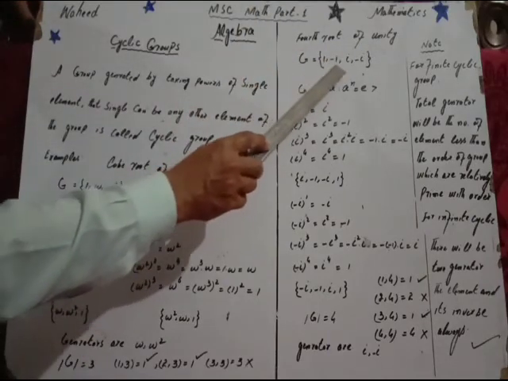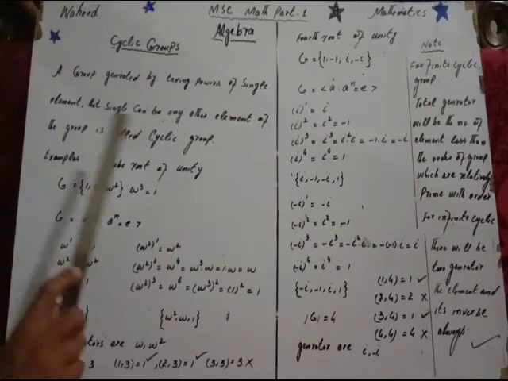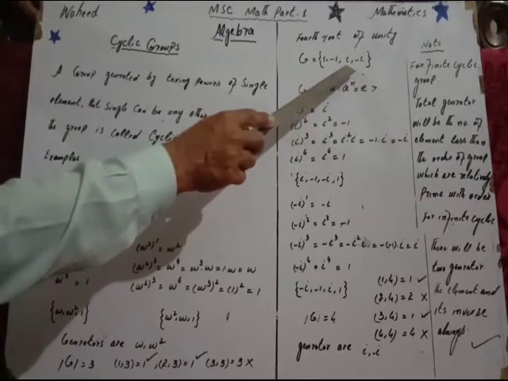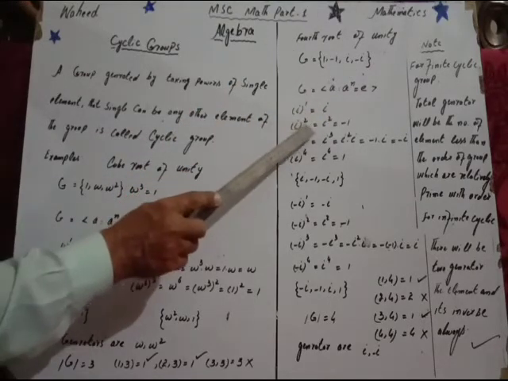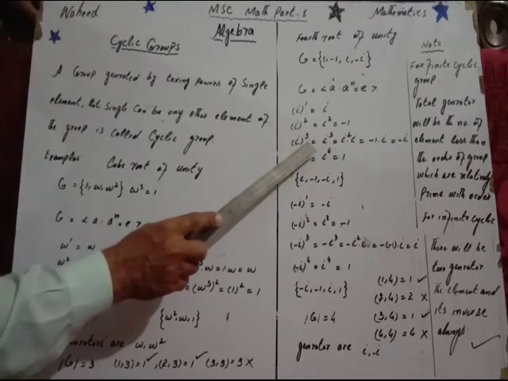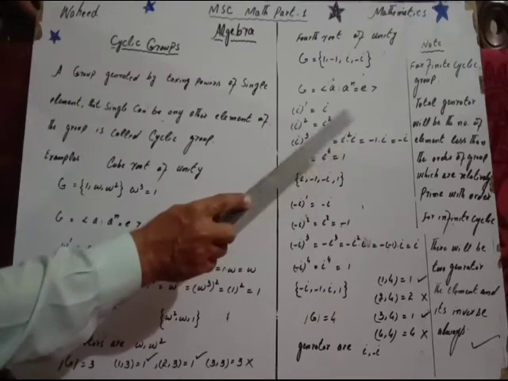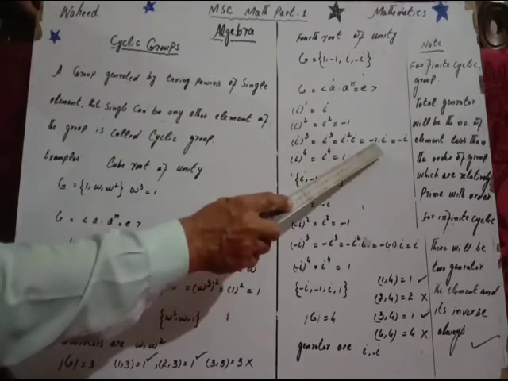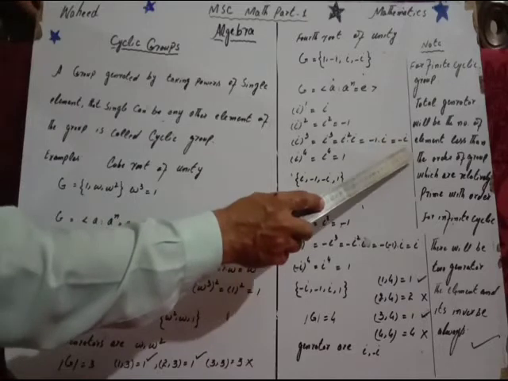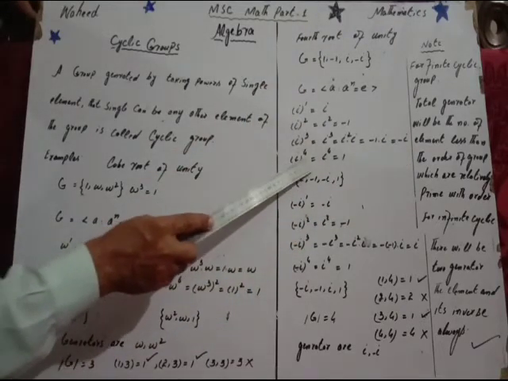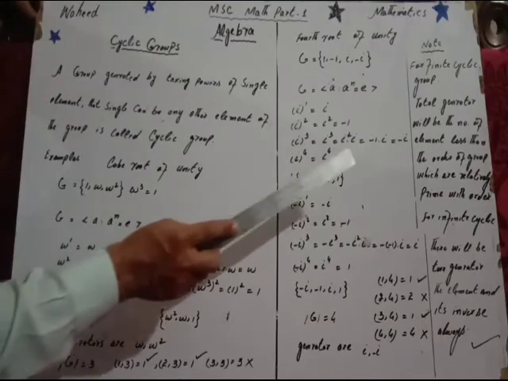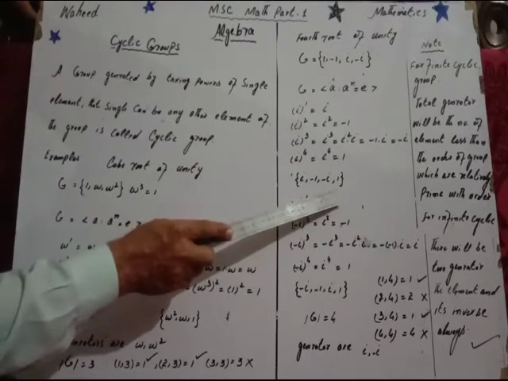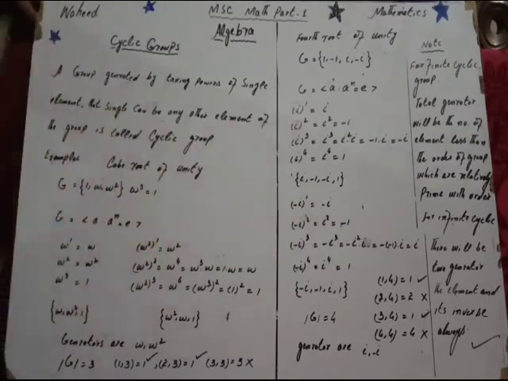Here we have 1, minus 1, iota, minus iota. By definition, A raised to the power n is equal to E. By taking powers, first we have iota raised to power 1, iota. Iota raised to power 2, iota square, is equal to minus 1. Iota raised to power 3, iota cube, can be written as iota square into iota, which is minus 1 into iota, and finally minus iota. Now iota raised to power 4 is exactly equal to 1. So we have iota, minus 1, minus iota, and positive 1, all the 4 elements, by taking powers of iota.